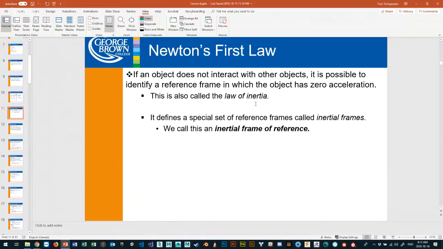So, this idea of an inertial frame of reference, when it comes to Newton's first law, I like to remember it like this: an object at rest tends to stay at rest, an object in motion tends to stay in motion. This idea that it'll continue to go forever,